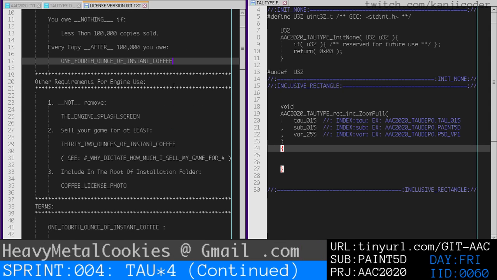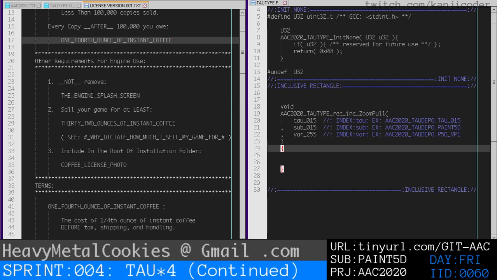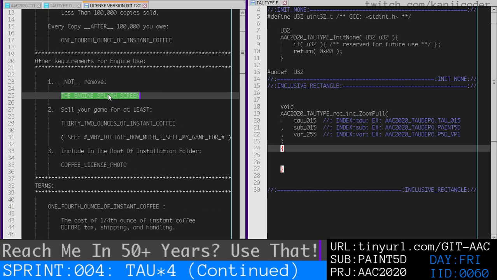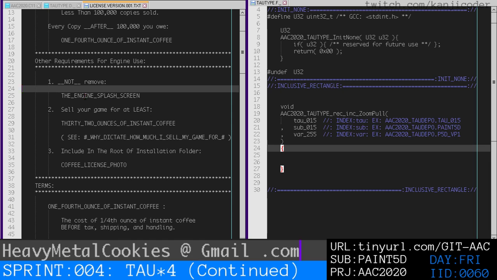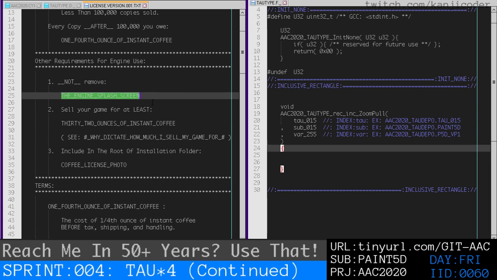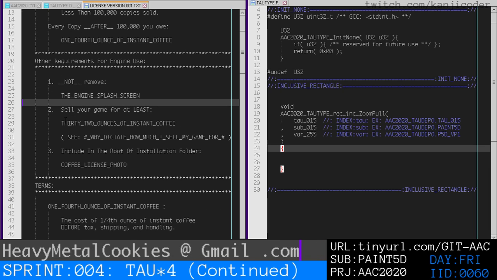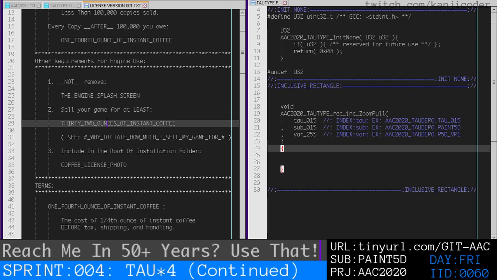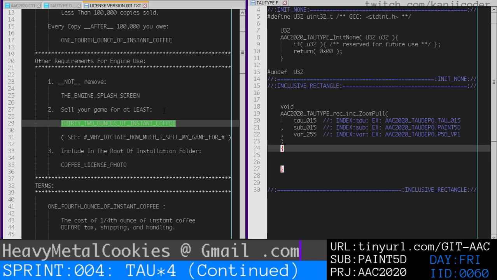So other requirements for engine use: do not remove the engine splash screen. So just a screen that says, you know, the makers of the engine, right? So Unity does this. They have a little splash screen. I don't know exactly what it says, but it advertises the engine that it was made in, right? The other thing is you've got to sell your game for at least 32 ounces of instant coffee, which is